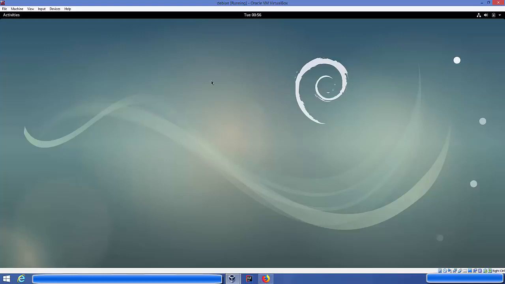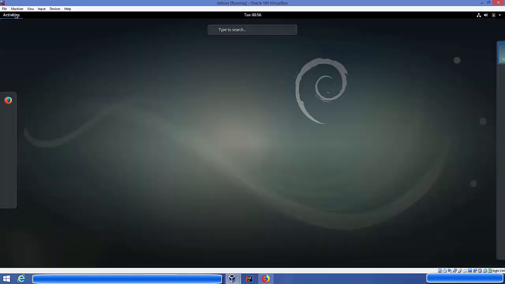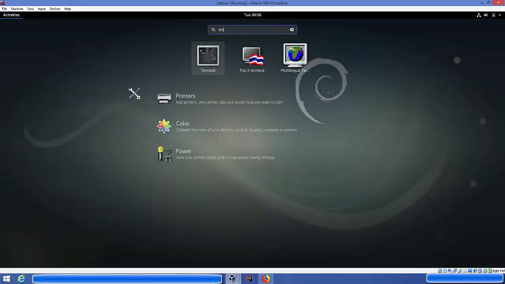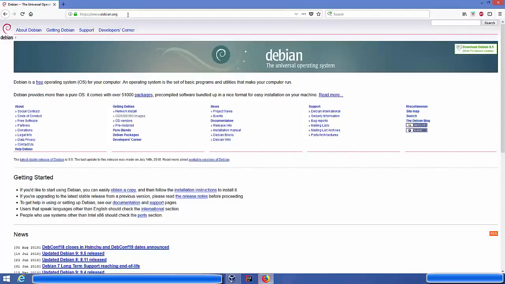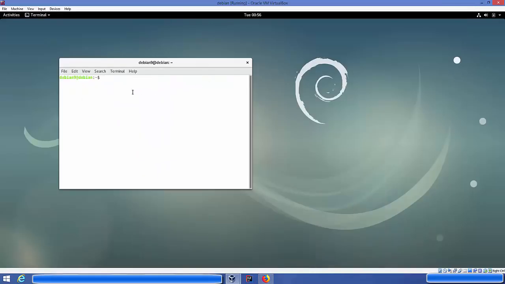So once again, I'm going to just open the terminal, and then I'm going to open the browser, which is running on my Windows operating system. And I'm going to copy this URL, and then I'm going to try to paste this URL on the terminal on Debian, and you can see it works. So now the copy and paste feature is also working. So in this way, you can install